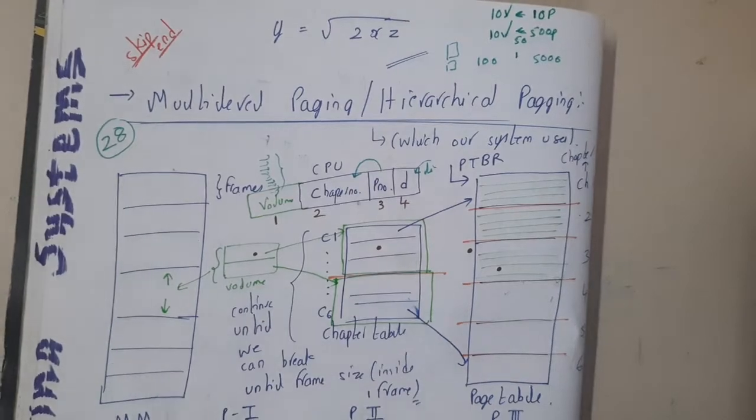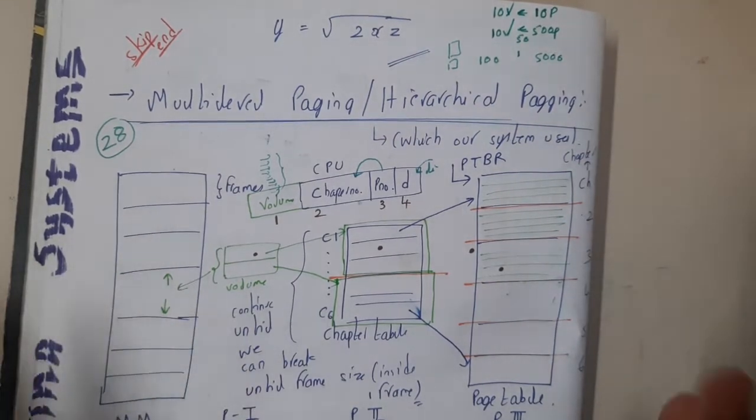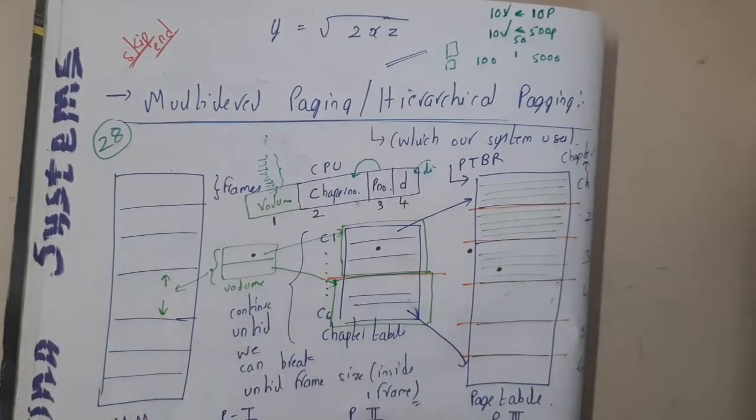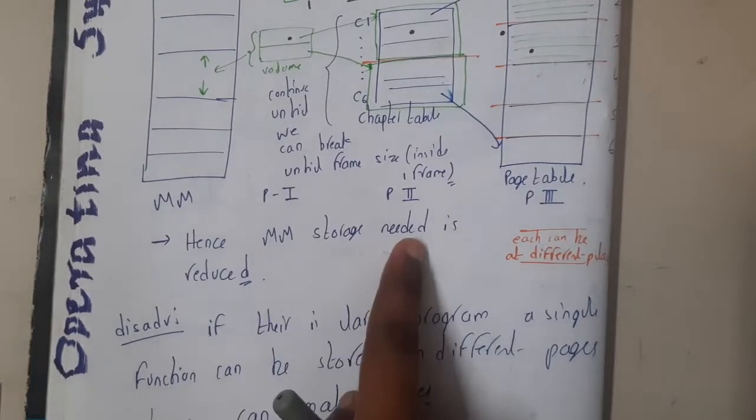So assume that you wrote a book, guys. In that book there is an index with only a single page. How efficient or how good it will look, guys. You will open it, find your required topic, go there, that's it. Wow, that's really interesting, right? Yes. So that is the advantage with respect to this. Hence the main memory store needs to be reduced.